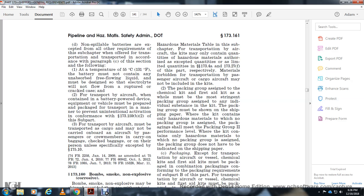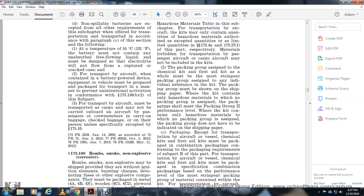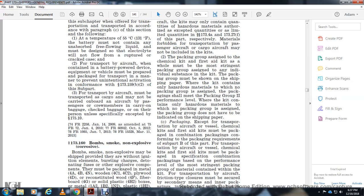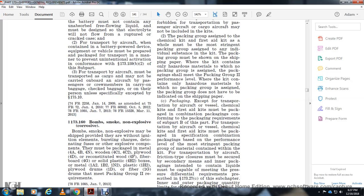Packaging except for the transport of the aircraft vehicle with the chemical, the kit with the first aid kit that must be packaged in combination packaging to conform with the packaging requirements of part B with the part of the transportation by aircraft vessel contain chemical with kits, first aid with the first aid kit with the packaging with the specification combination packaging based on performance level of the most stringent packaging group material with the container within the kit with the transportation by aircraft with the friction type closures must be secured with the secondary mean with the packaging with intent with the containment liquid must be capable of meeting the pressure of the differential requirements prescribed 173 27